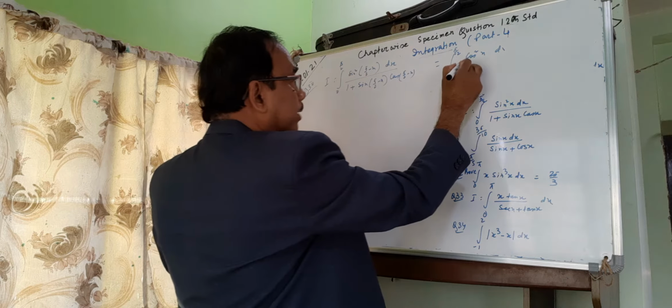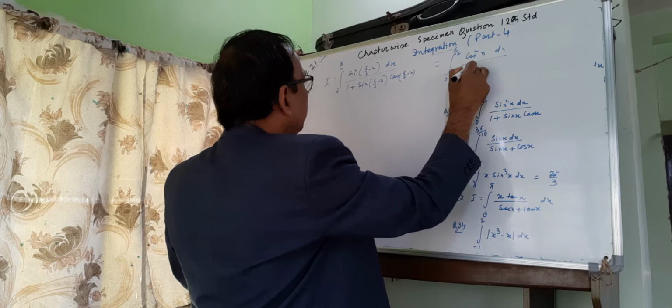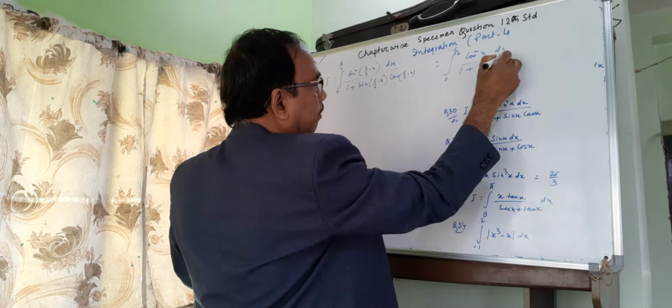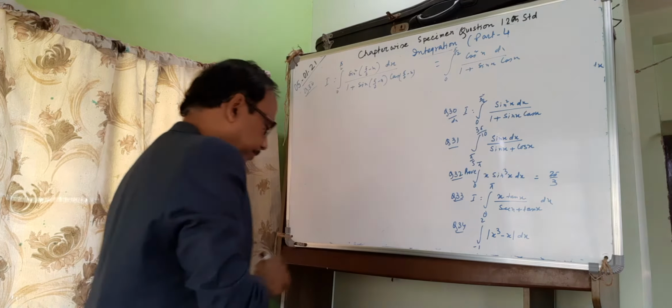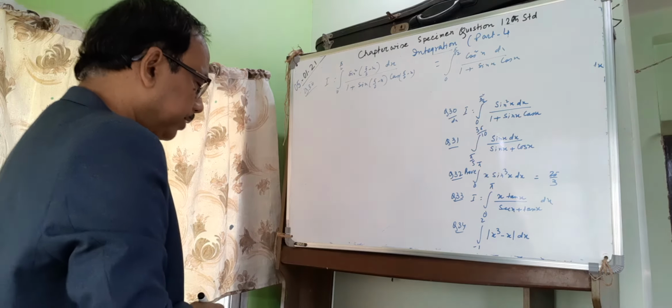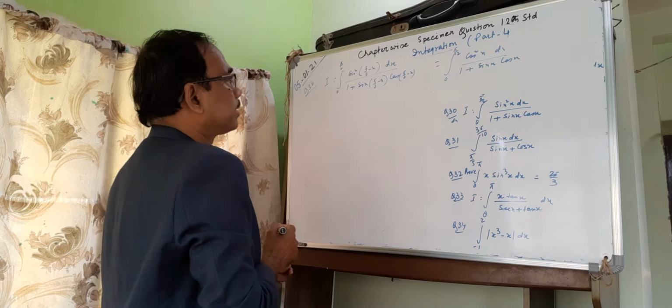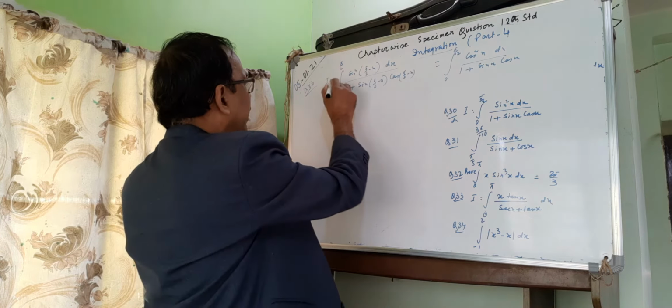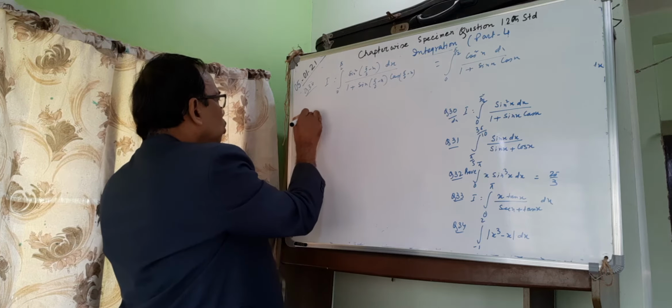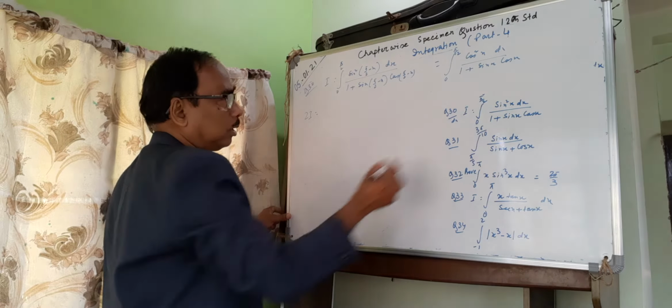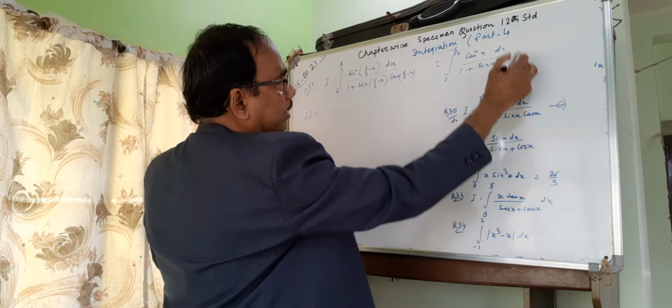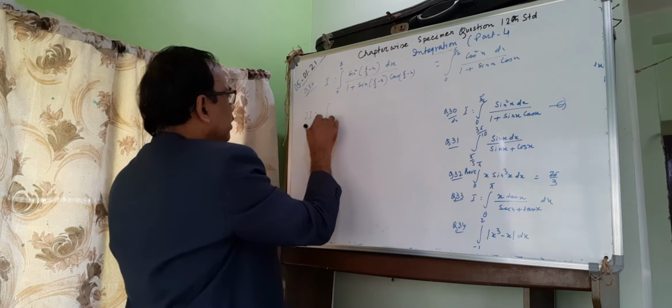Cos square x dx over 1 plus sin x cos x. Next, cos square x dx, that is I. Now adding this and this: 2I equals, this is 1 and this is 2, adding this and this, integration